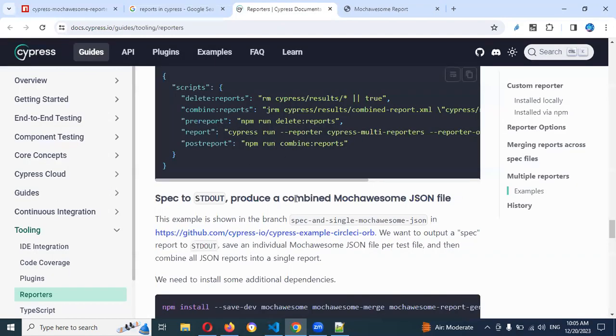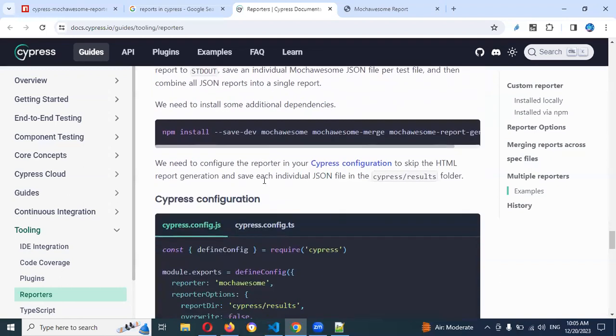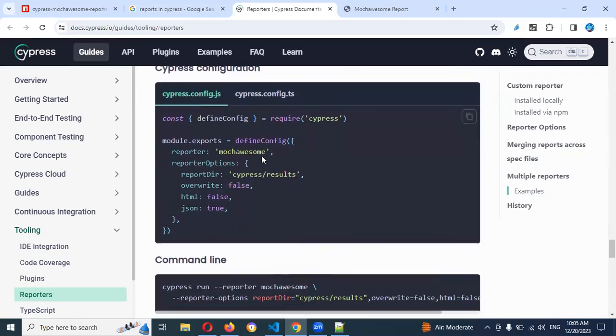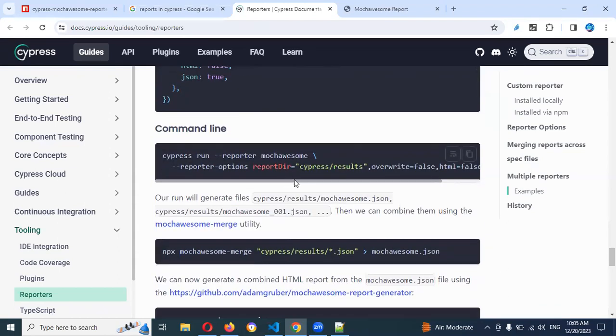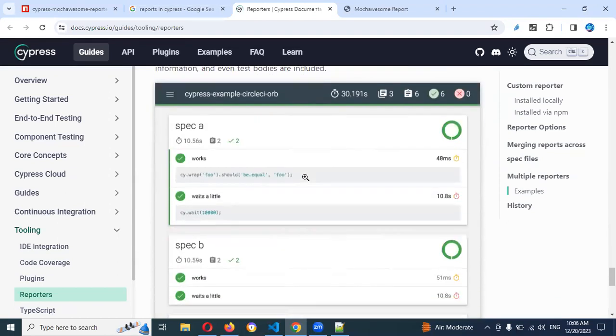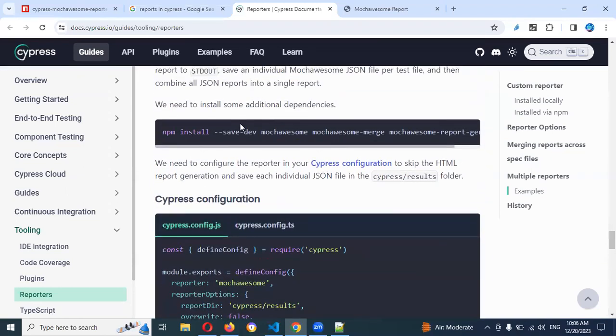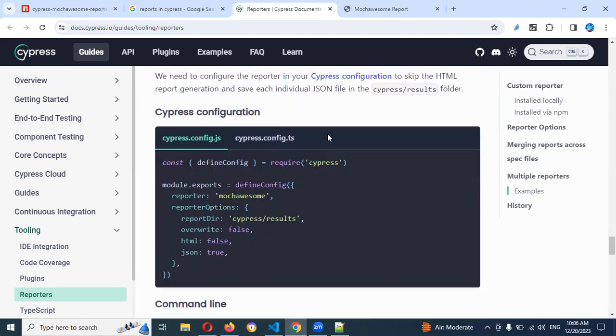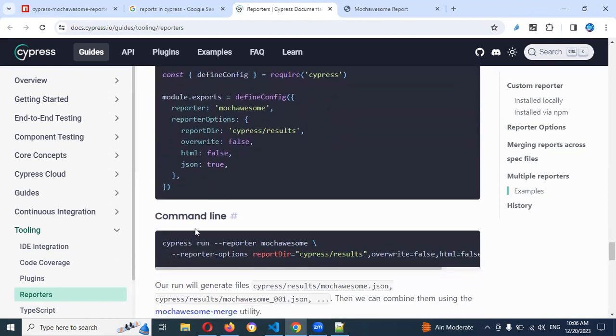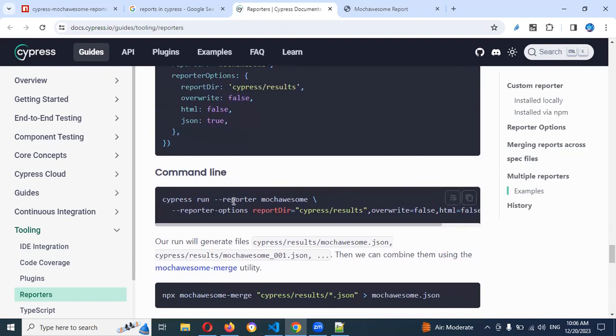And also in the report location, they have mentioned a couple of things, how you can generate results and how it looks like. See, there is a percentage here. You can go ahead and install this plugin. Once you install this plugin, you can configure these particular lines. On the command line you need to use hyphen reporter mochawesome, the specs, and the options, and where you need to generate the report, and you need to use